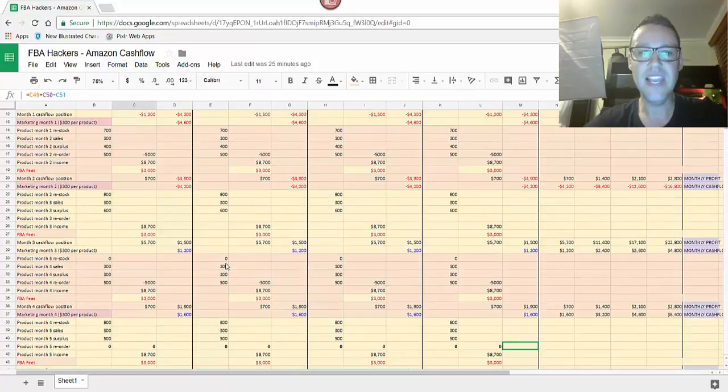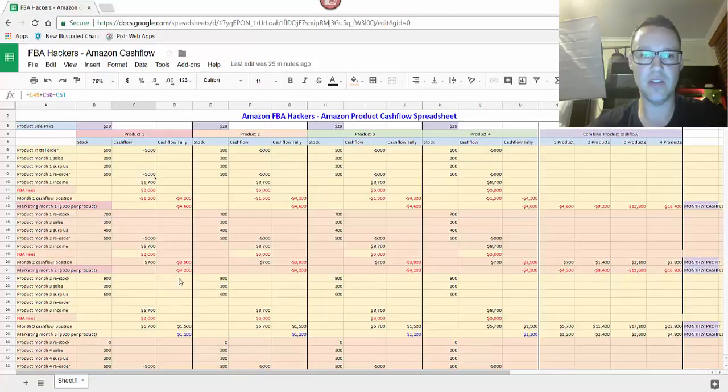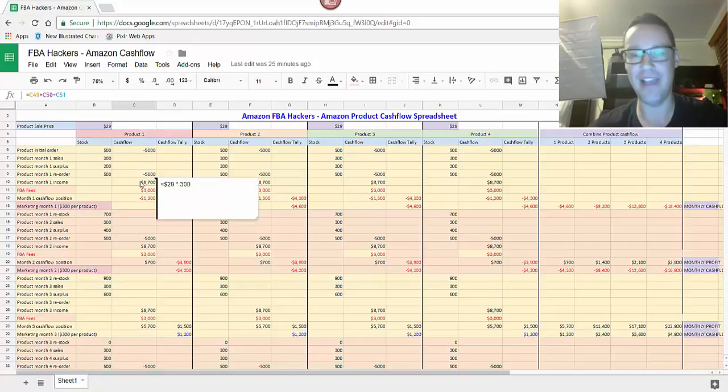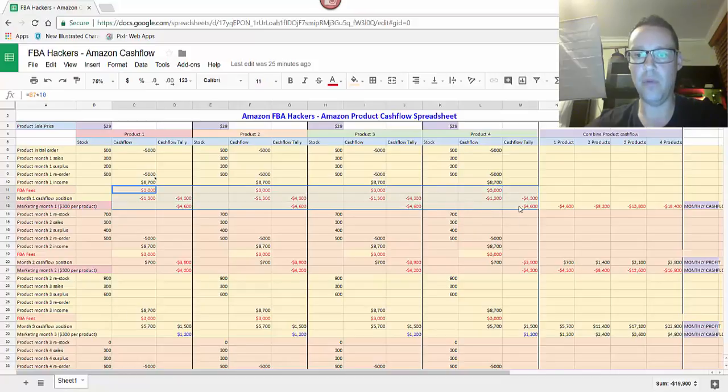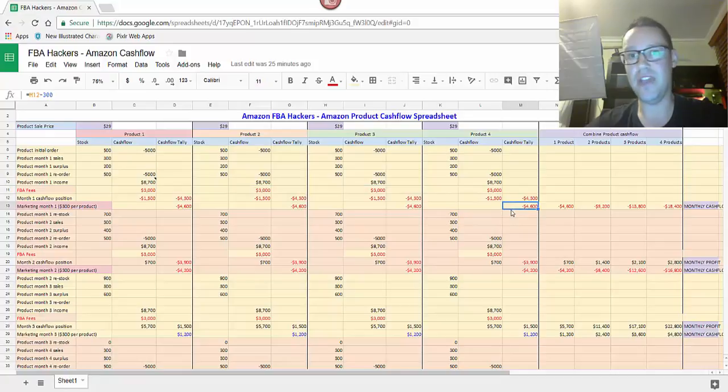Now if you add additional products, so product 2 you can see here, 3 and 4 to your suite of products, you're actually compounding both the positive aspects and the negative. So as you can see here, across here, if you add 4 products all on at once, you're going to be negative 4,600 in month 1 per product. So it's going to cost you 20,000 to launch 4 products over here, because this is the combined product